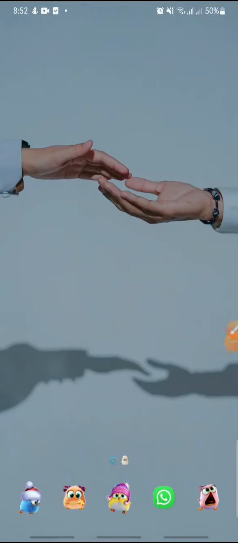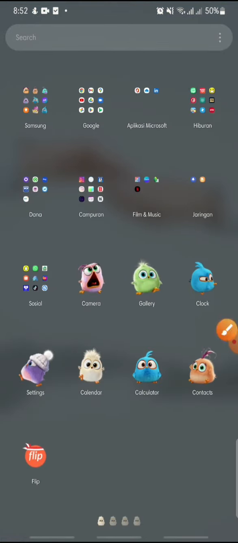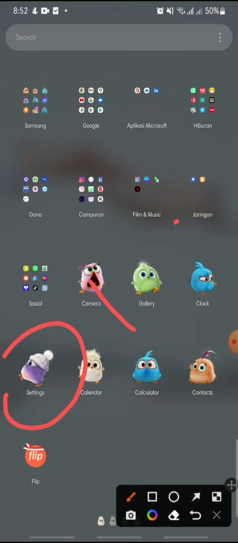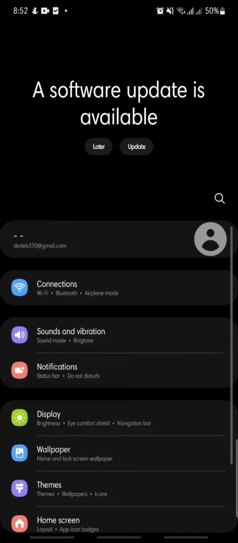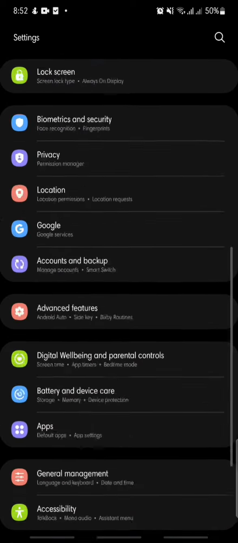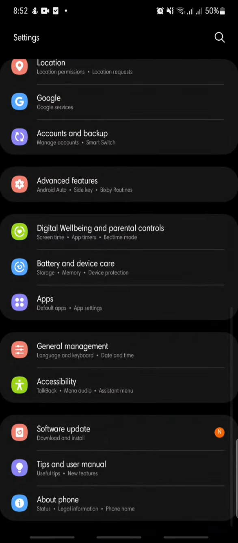In this video, I'm going to show you how to update software on Samsung Android. Now let's get started. First, open your Settings on your phone. In here, I'm using Samsung, and after this, in the Settings menu, you can swipe down until you